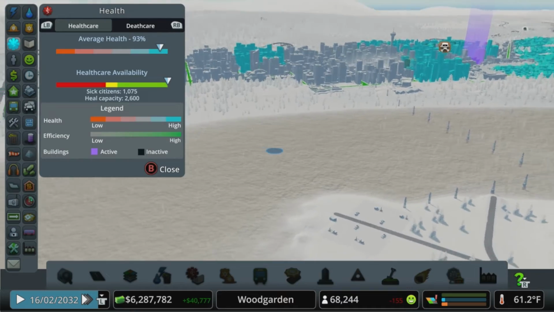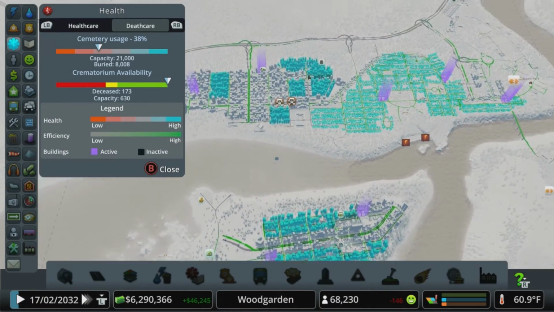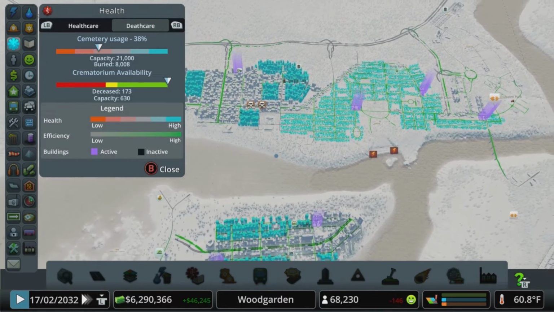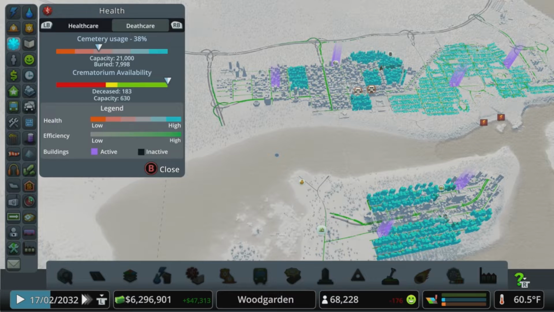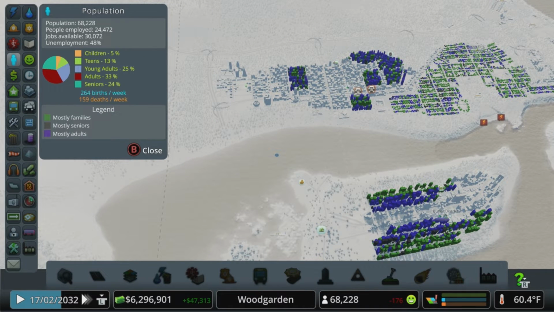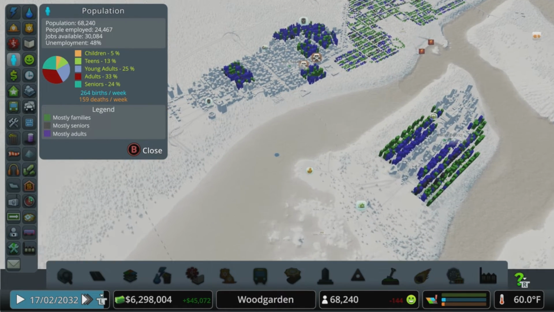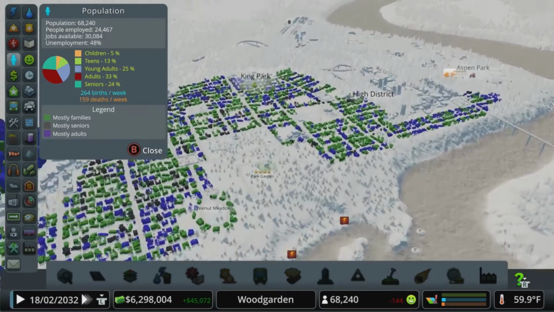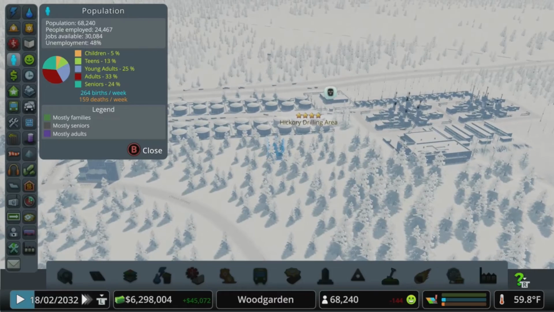Healthcare, we're good. We've got the Med Center monument now. Death care, I think we're pretty good. Crematorium availability is good. Cemetery usage is about halfway. Unemployment, we're working on that. There's places for you to work, people. The demand's pretty low for commercial and industry. I can't do anything to create jobs. I mean, I guess I can. I could drop a bunch of industry stuff down, but